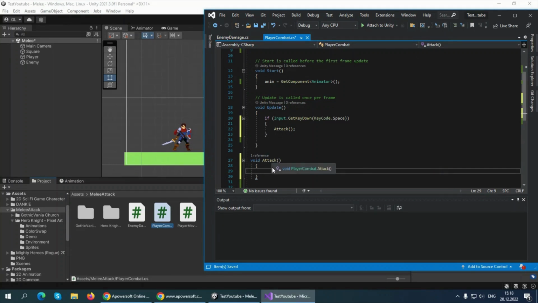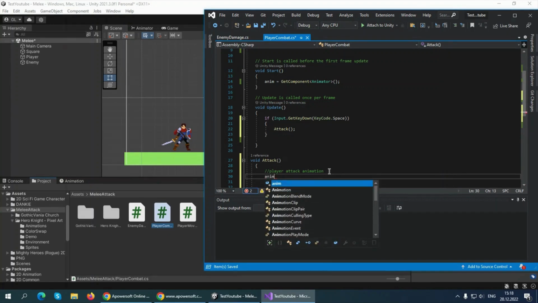In the void attack, first of all, we need to play our attack animation. Second of all, we will need to detect our enemies. And after it, we want to damage them and kill them. So, to play our player attack, it's very simple. We just will need to say that